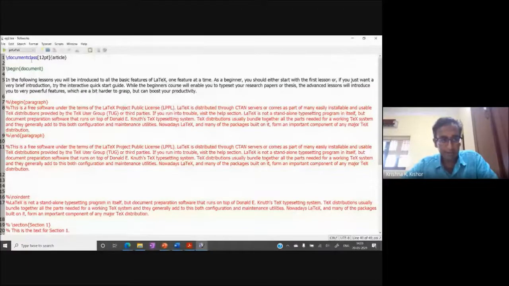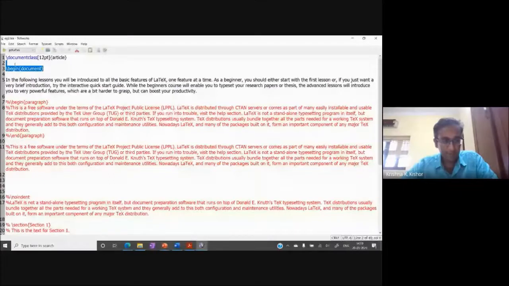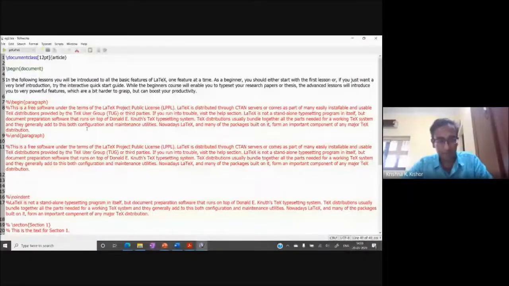It has a begin document at the top and an end document at the bottom. And everything in between, for now, is in red because it's commented out, but we'll be slowly uncommenting things.